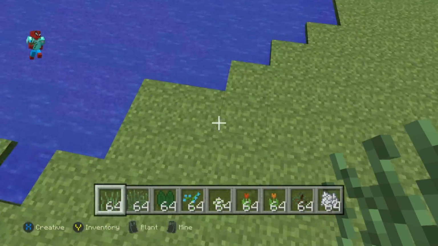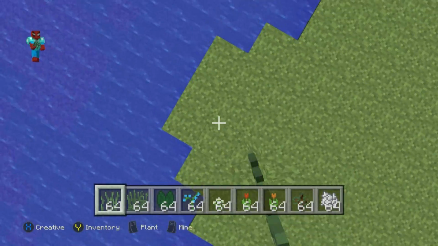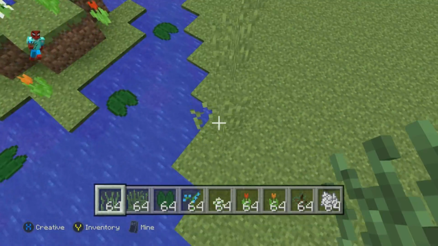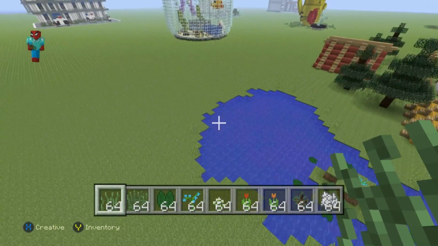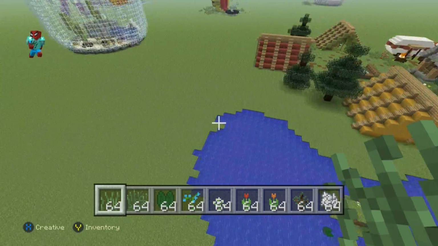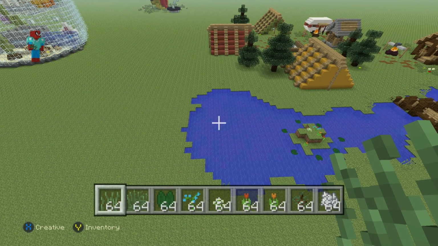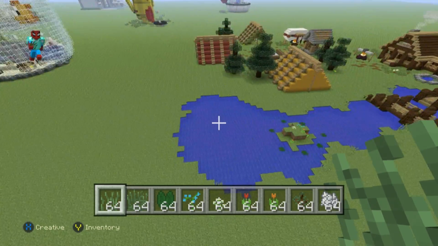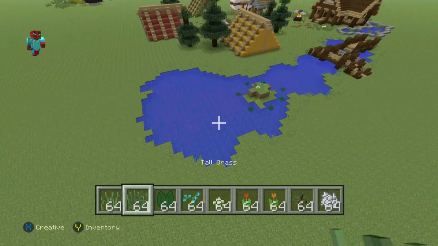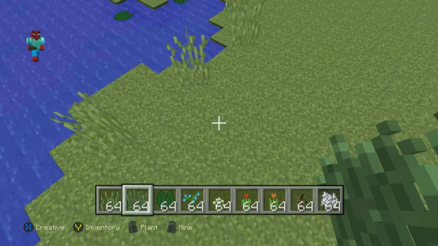And by the way, if you plan on building a lake house, I would just leave that very far fat end of the lake alone. Don't do too much around it. You can do some stuff, but don't do too much around it, and we'll be using that in a future tutorial. So now that all of the double tall grass is placed, I'm going to be placing some regular tall